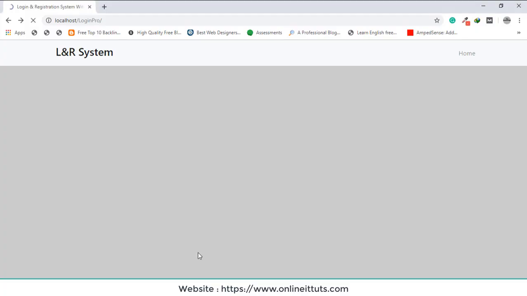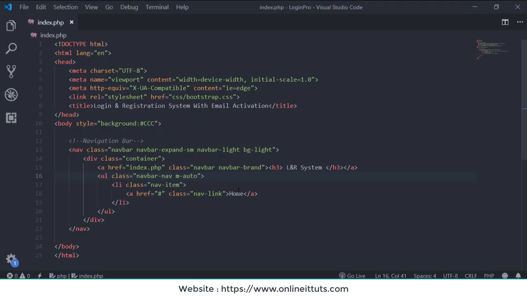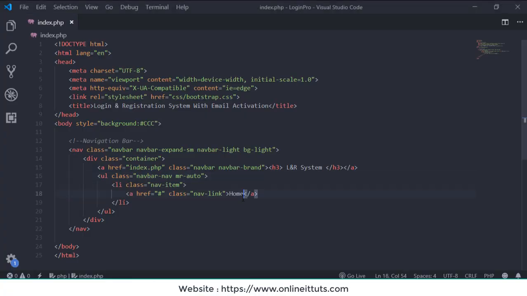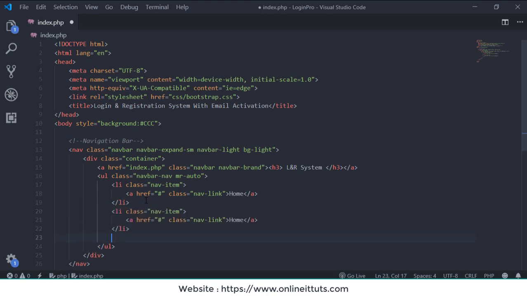Let's check it now again, right? I think, just a minute, I check it. Margin right. Okay, margin right auto. Okay, so this is our first one, and I'm going to copy this one, paste it 2